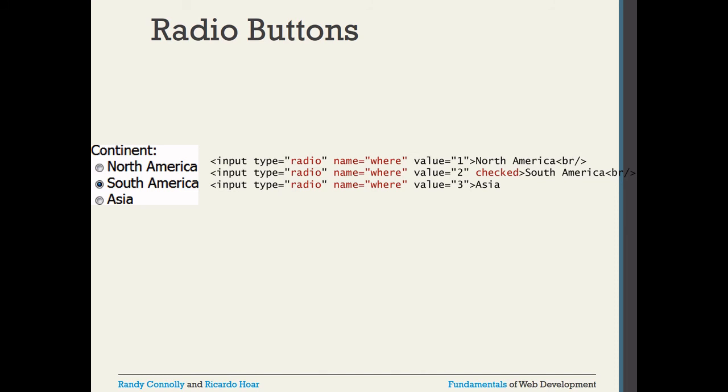Okay. One more thing: in all of the input types we have one more attribute, name, right? With the help of this name only you can pass the value. Once I discuss the server side, then we'll get the idea. And the value means whenever you select North America or South America, the value will be different. Selecting South America, you can pass value 2. Selecting North America, you can pass value 1. This is only for the developer side, which value they want to store. Whatever you want to display, the same thing you can put, or some kind of code also you can put; it depends upon the developer and your logic.